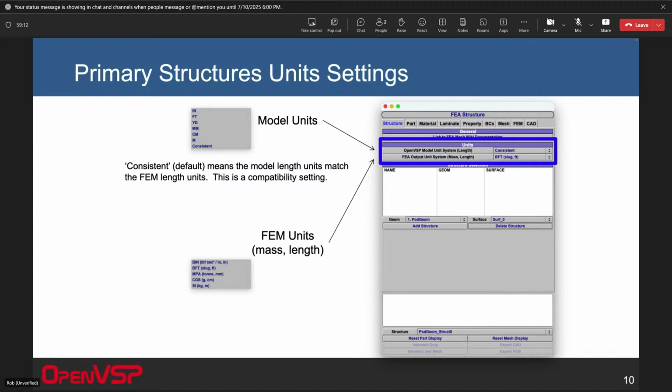work. For most of us, even if your model is in feet and you want to export in feet, go ahead and just set the model units here to feet and set the export to feet, or whatever it is, and we'll convert by multiplying by 1. But this allows you to tell it what the mass and length units used